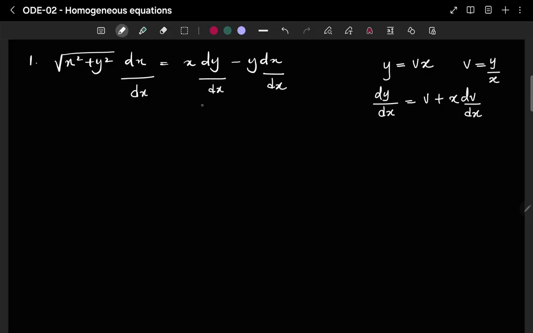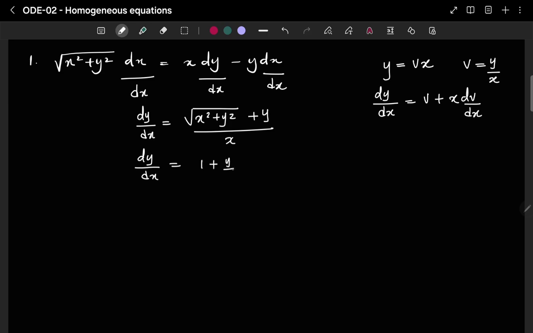Then we can subject dy by dx on the left hand side of the equation. Then we get dy by dx equals (square root of x squared plus y squared) plus y, divided by x. Then we can do the substitution y equals vx here. We can divide the two terms in the numerator by x. Then we get (y by x) whole thing squared, square root,